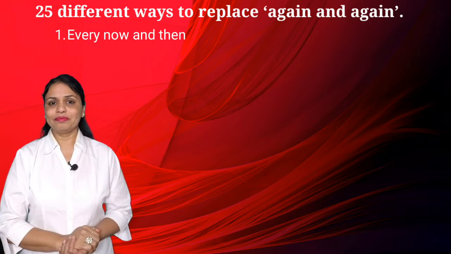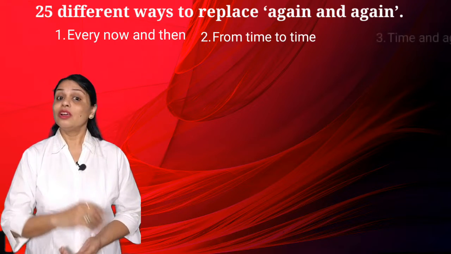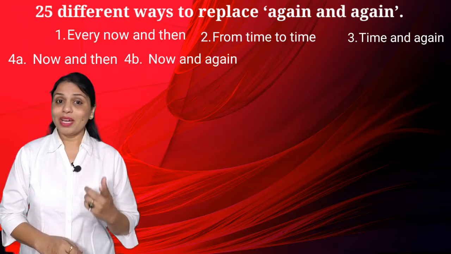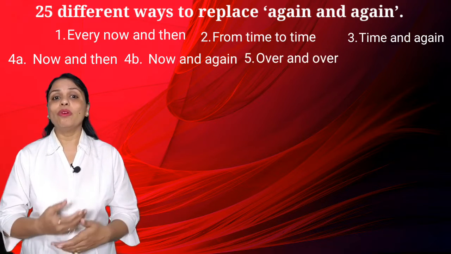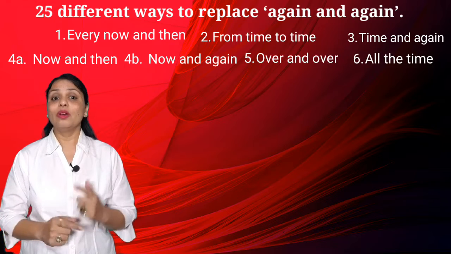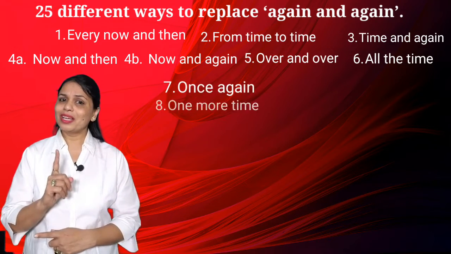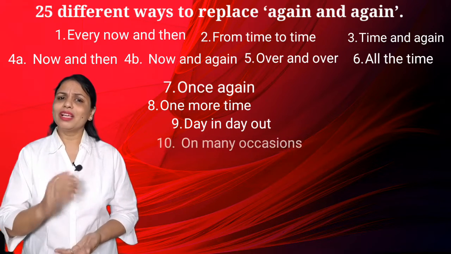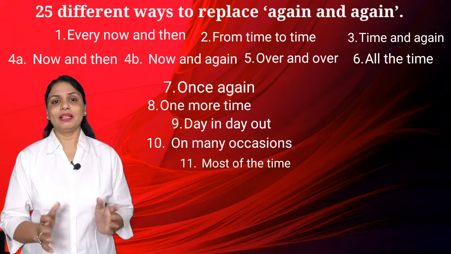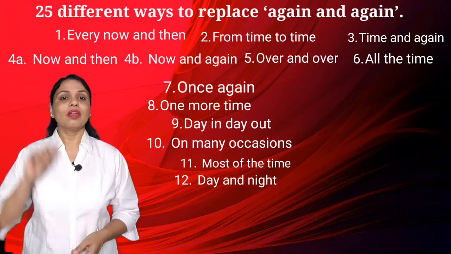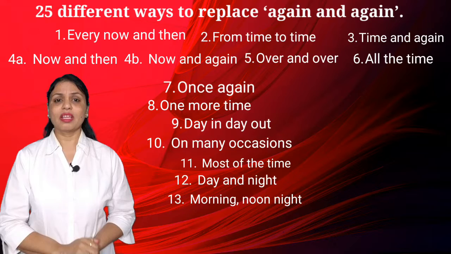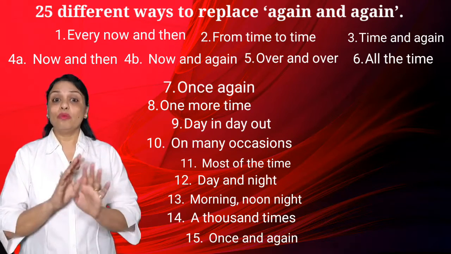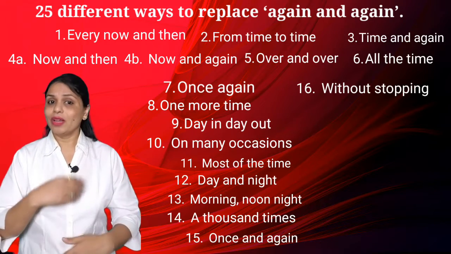Every now and then, from time to time, and again, now and then, now and again, over and over, all the time, once again, one more time, day in, day out, on many occasions, most of the time, day and night, morning, noon, night, 1,000 times, once and again, without stopping, on and on,